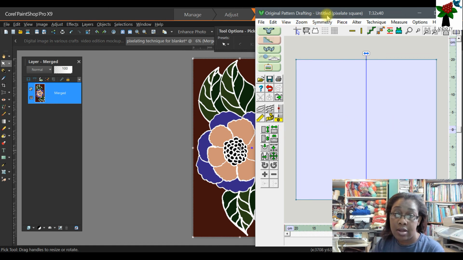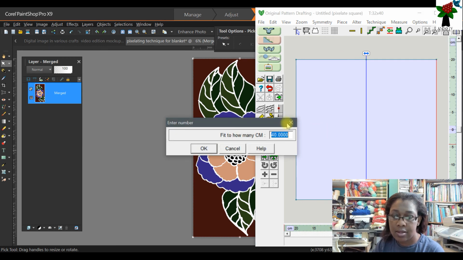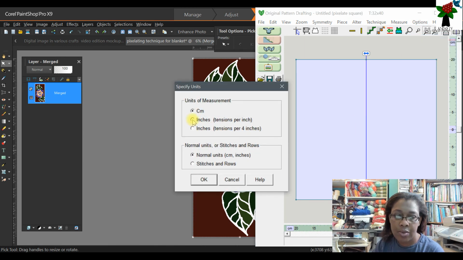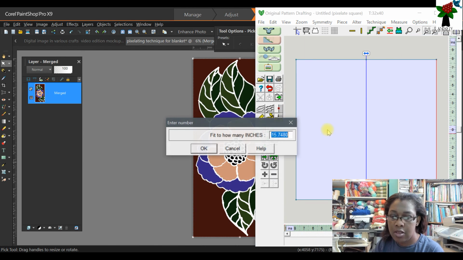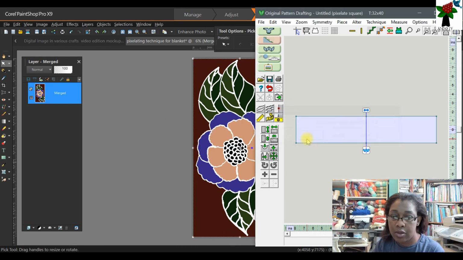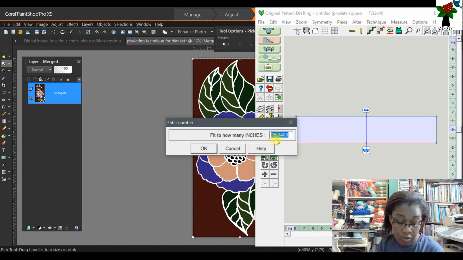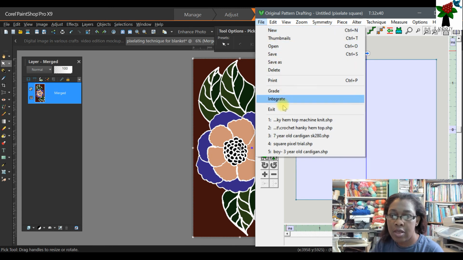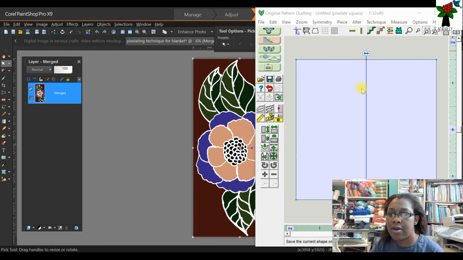That's why we open the Design and Knit software. I'm using the original pattern drafting section. The size, I'm going to fit it to length. This time I'm going to work in inches. Unit of measurement is going to be inches. I want 3 inches to see how it's going to be on the knitting machine, and the width is going to be fit to 3 inches. So each pixel size is going to be 3 inches. And I'm going to save it, file save as